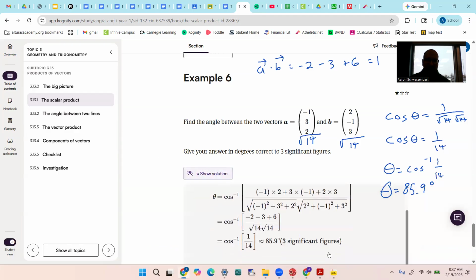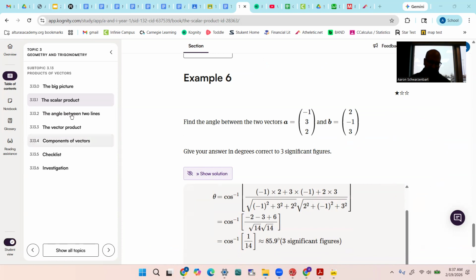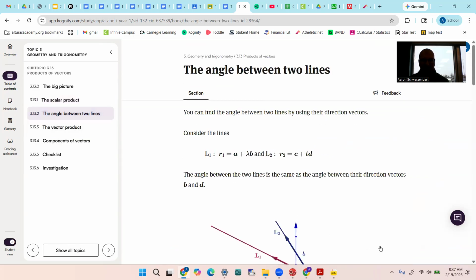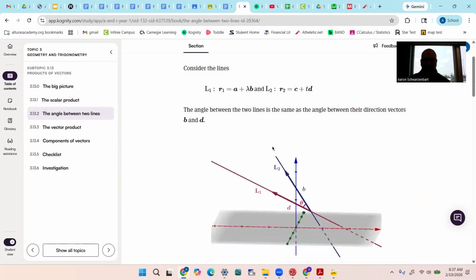This isn't so bad, is it? Don't worry, they find interesting applications for these. So now we're going to do the angle between two lines, which is one interesting application. They'll find some others. So remember that our lines in vector form are